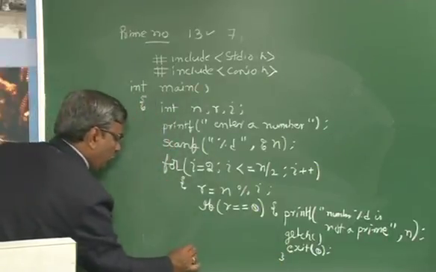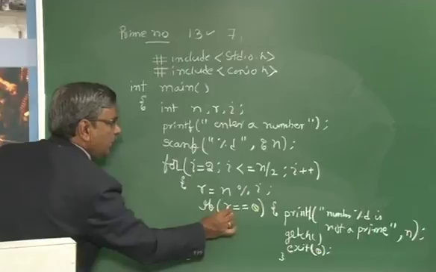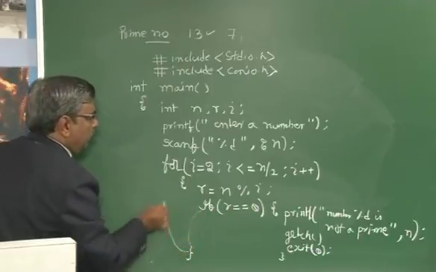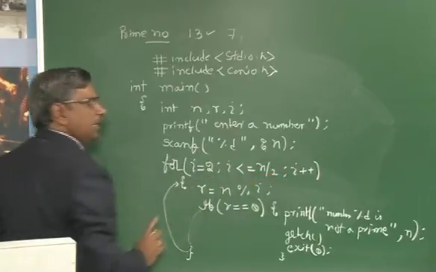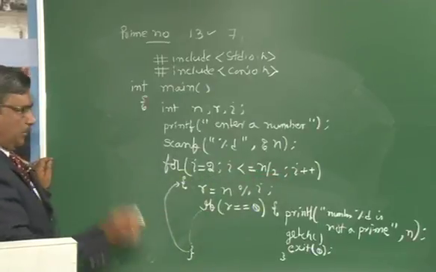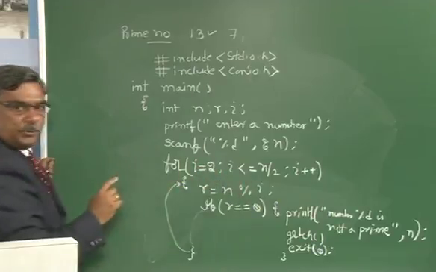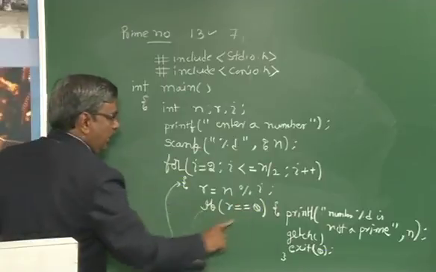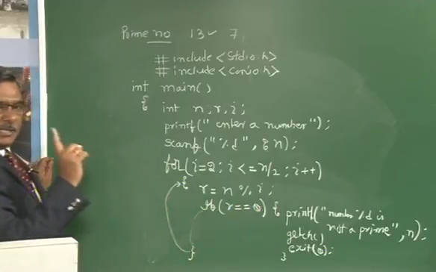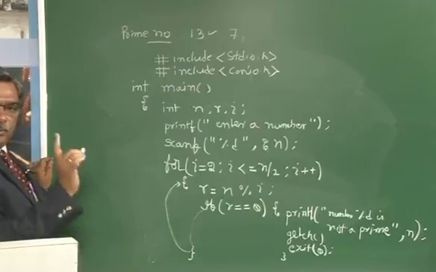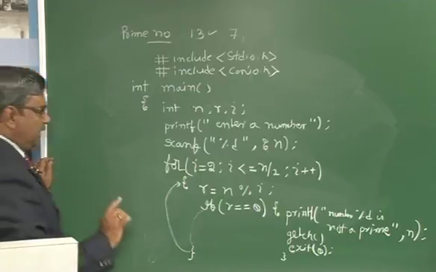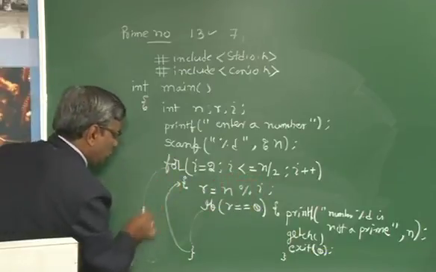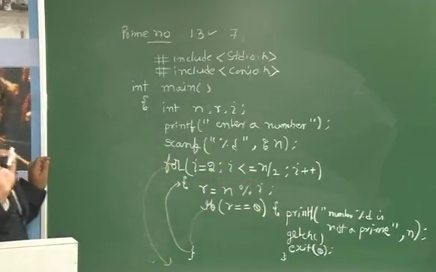If it is not true, that is, if the remainder r is not equal to 0, control goes back and the value is incremented by 1. Now i becomes 3, and it checks that number divided by 3. If the remainder is 0, it exits. Otherwise, this process repeats. Just like 13: if you give it, it checks 2, 3, 4, up to 6, 7. Whenever this condition fails, control goes out. It implies that you have not got a remainder of 0.